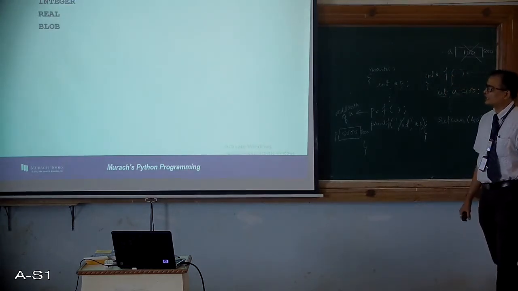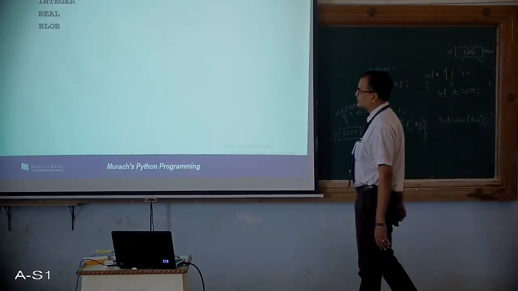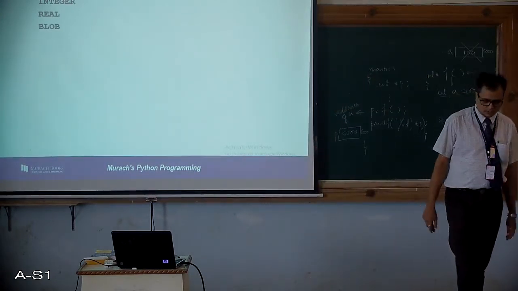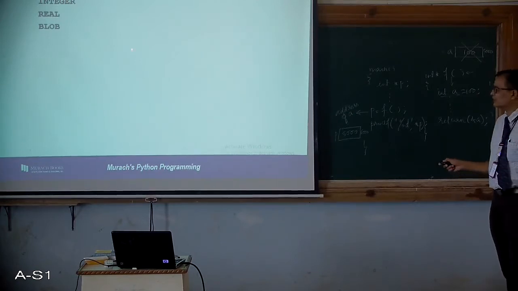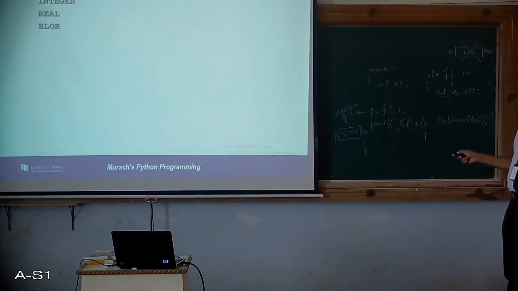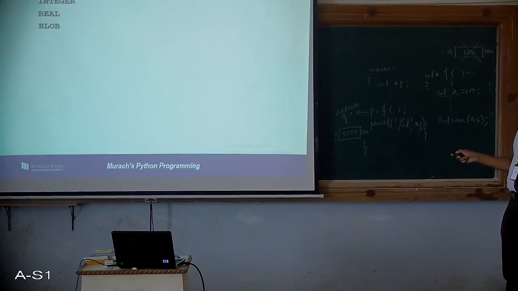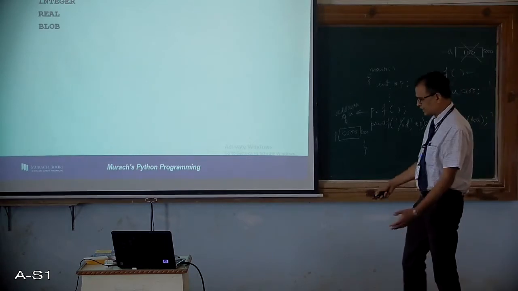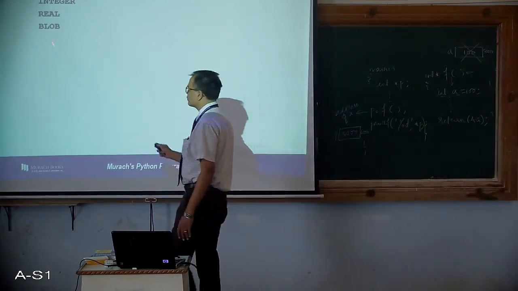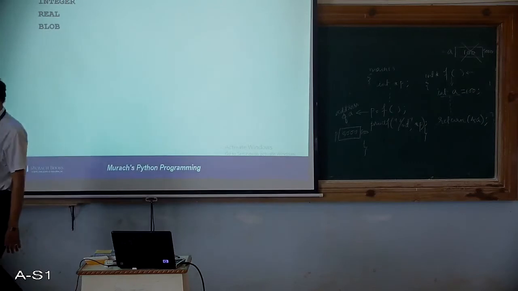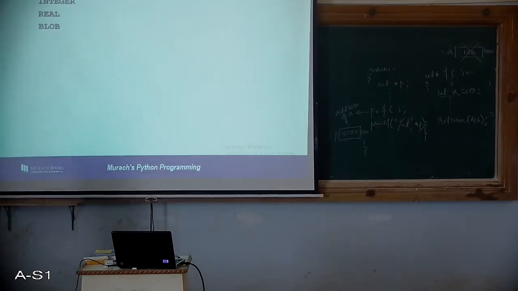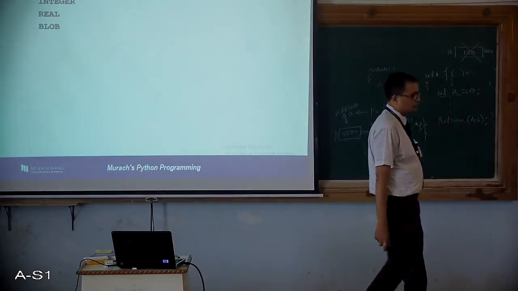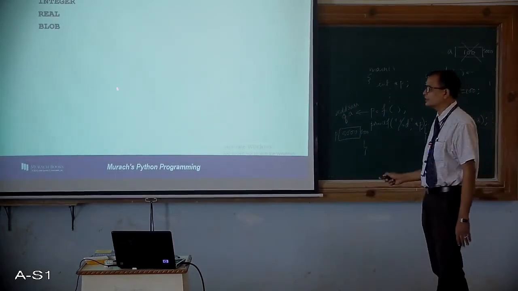So common SQLite data types are text, integer, real and blob. Okay, we'll see each one of those in detail. Basically these three are mostly used in this particular example. This blob is never used much in the examples that we are discussing, but in the real world this one is also an important data type. This blob data type is usually used to store an image kind of data or any data that is not text, or even if you want to store some binary information, then you can use blob.